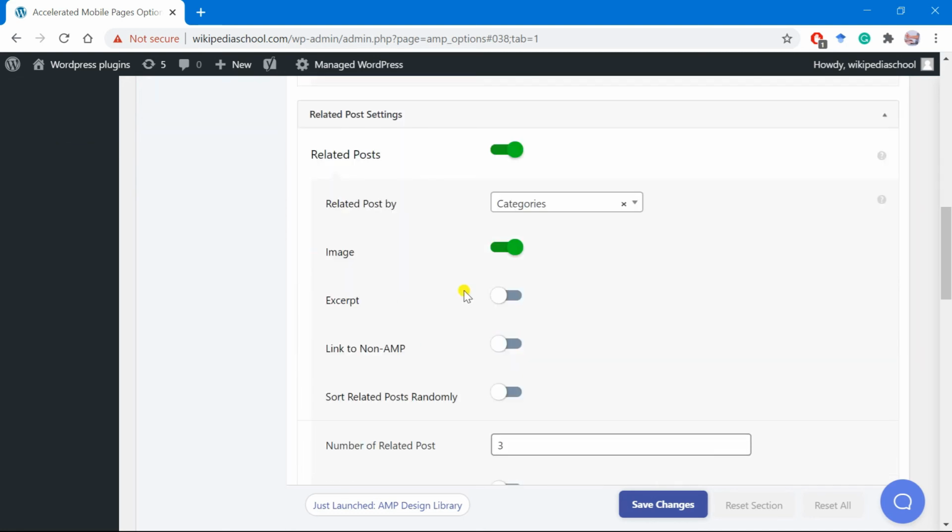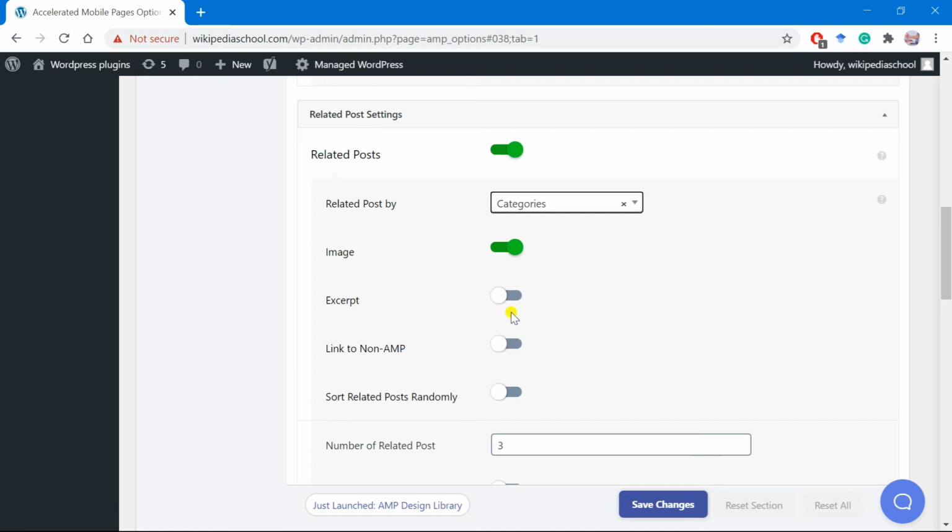Related post: how you want to show posts below any post or article. If you want to go with category or tags, okay, images can be shown, excerpt you can turn on, and then link to non-AMP.